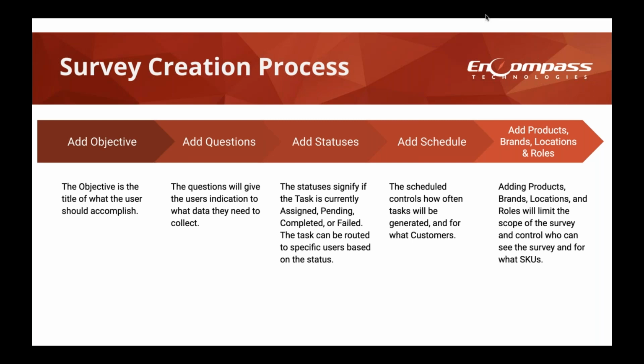Alternatively, we know that all surveys are not meant for all users. So you may have something, again referring back to the tap handle survey, that is really sales rep focused or sales management focused, and it doesn't make sense for people like merchandisers or delivery reps to be viewing that information. So you can set roles on the objectives as well, or locations, making sure that only the specific users you want are seeing those objectives.